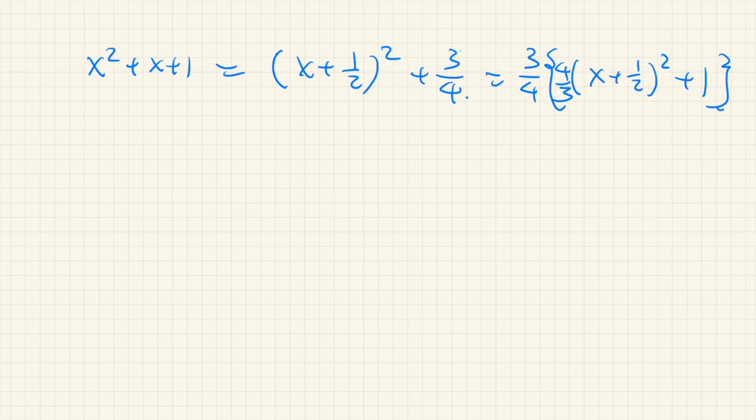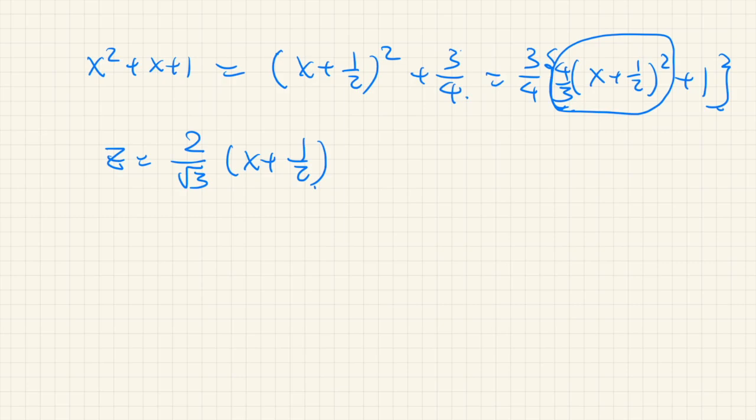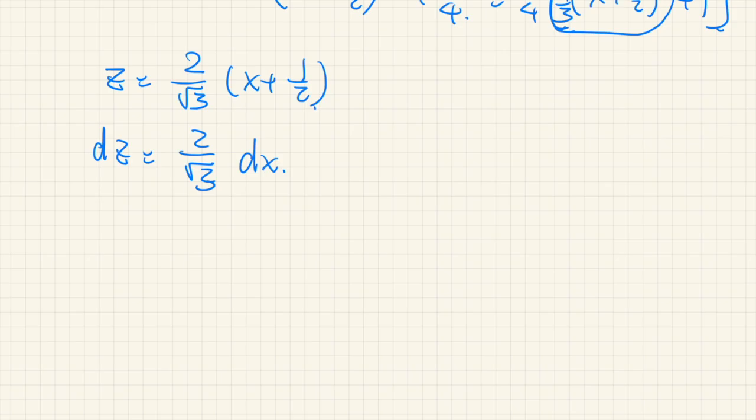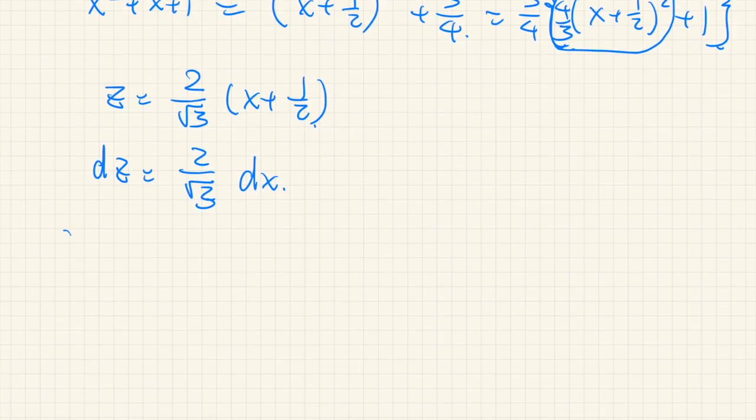Okay, now let's suppose, for example, z equals the square root of this thing. So 2 over square root of 3 times x plus 1 over 2. Let's change the variable here. From this we have dz equal to 2 over square root of 3 dx. And using this substitution, we can integrate this function,